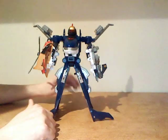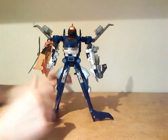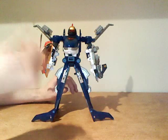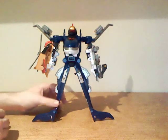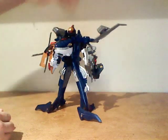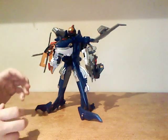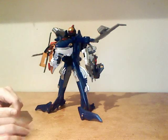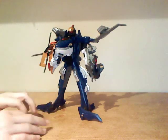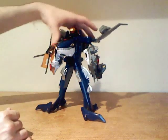Yeah, just for the record, I'm actually going to try to cut down on all my ramblings about the attacks, because really, I think people are just here for the main review, and that's that. I don't think they need to know the backstory behind these Zords. It's only unless you want to, right? If you guys want to hear the backstory, no matter how obvious and how overused it is, just let me know and I'll try my best, right? Of course,